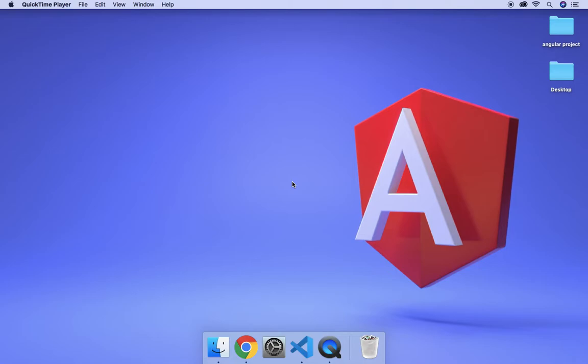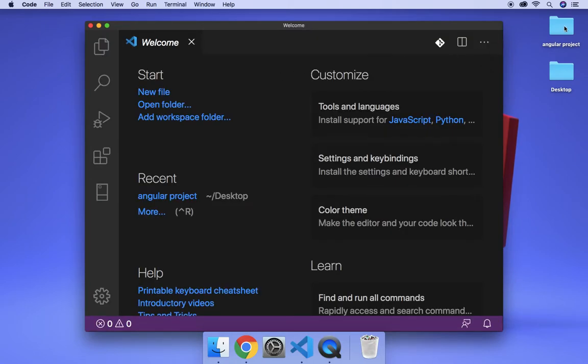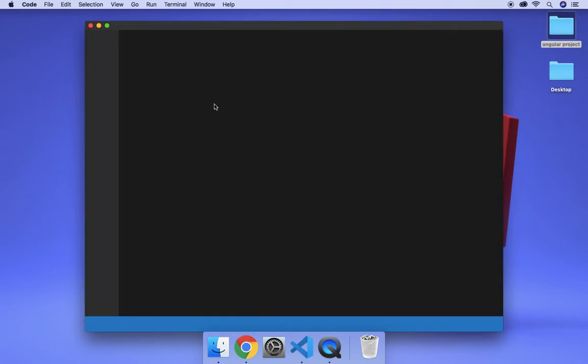Today we are going to discuss how we can debug Angular code with the help of Visual Studio Code. So I'm just opening my Visual Studio Code and this is my Angular project. So I'm just taking the Angular project in my VS Code